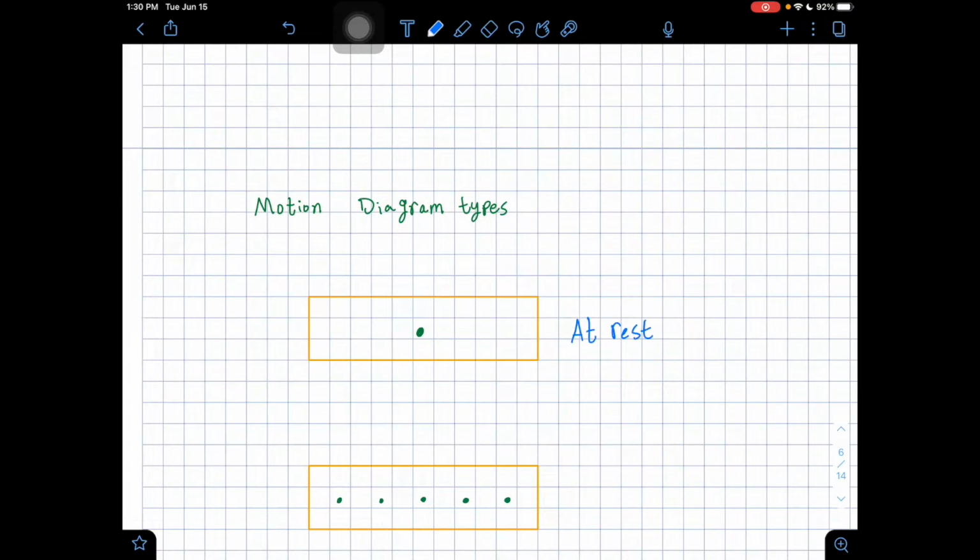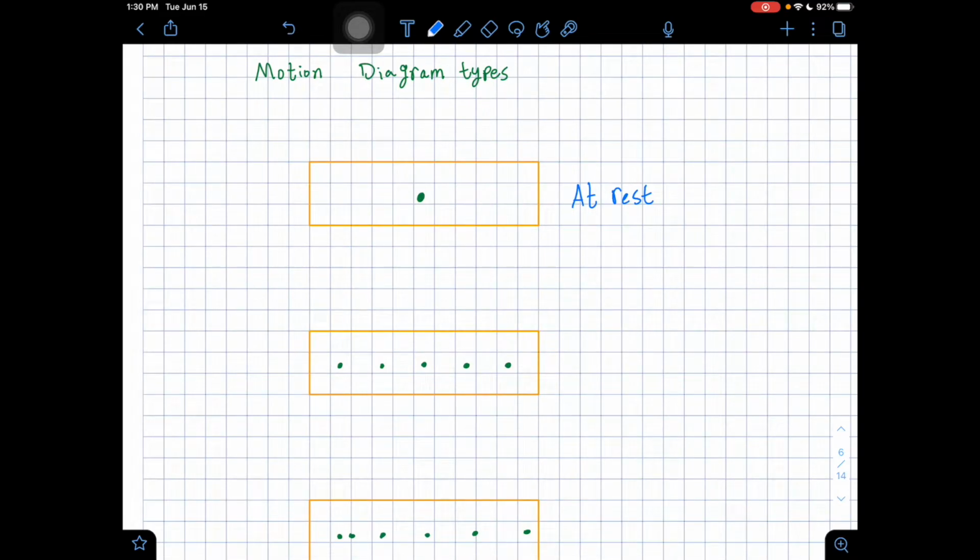Number 2, or diagram 2, is showing us that there are some dots which are equidistant. As you can see, there's a space of 1 block or so in between each. And whenever the dots are equidistant, you're going to assume it's at a constant speed. So it's going to be moving at a constant speed. So it's not speeding up, it's not slowing down, it's just going at a constant speed